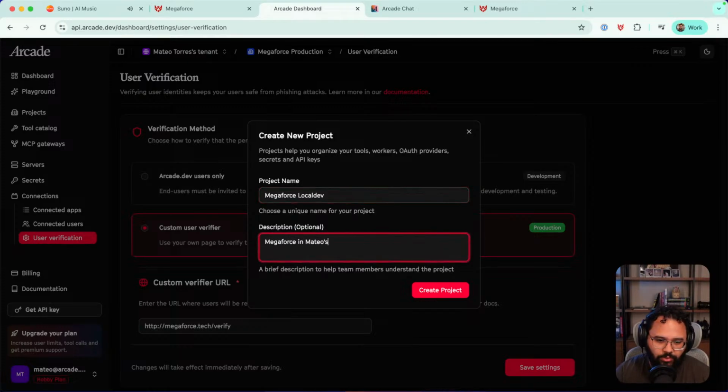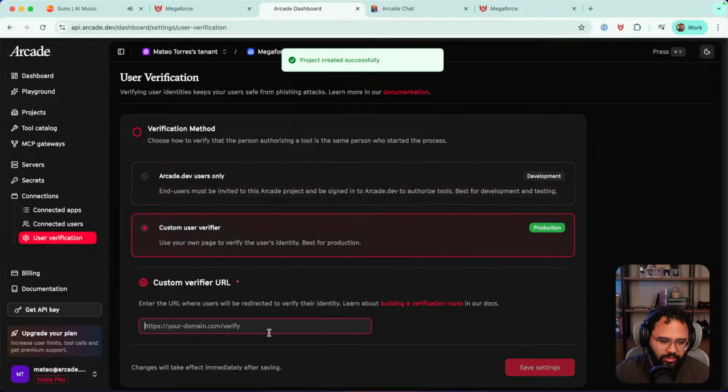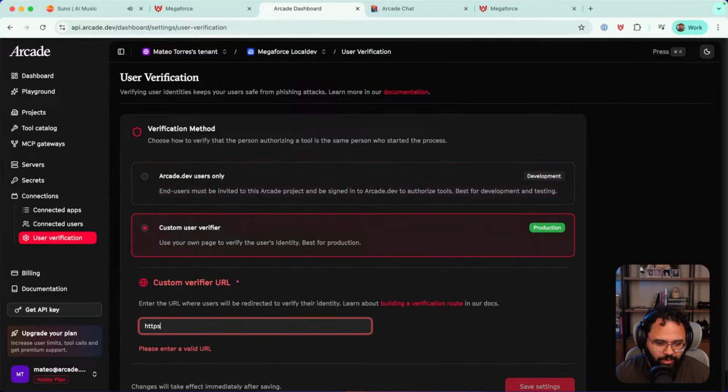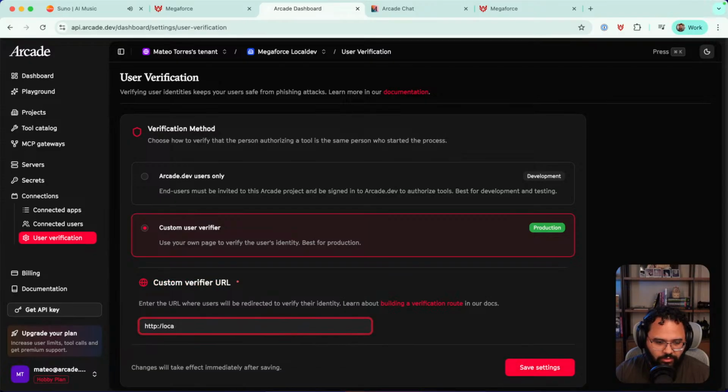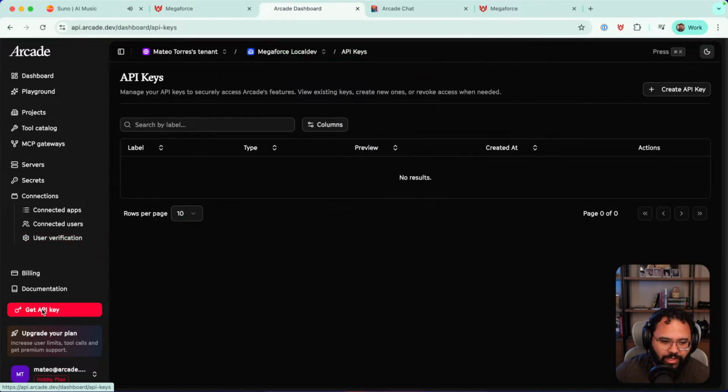Megaforce in Mateo's computer, right? Here, projects. And this uses a custom user verifier that's going to be HTTP localhost 3000 verify. Right. Save settings. Right. So now I can just make a new API key and use it in my local project without any